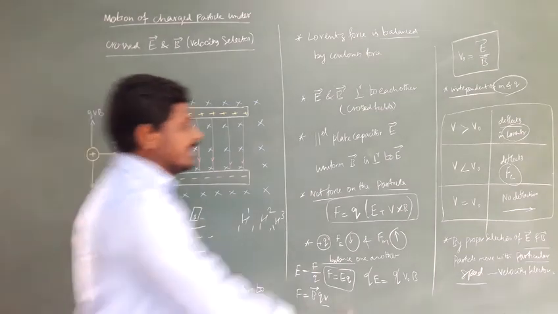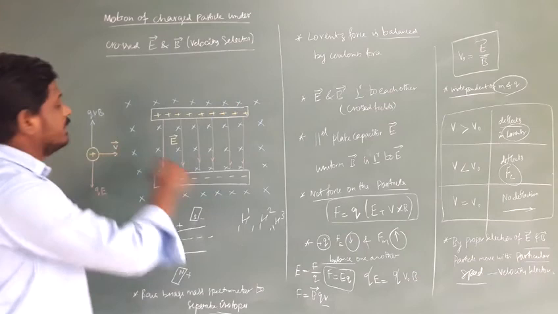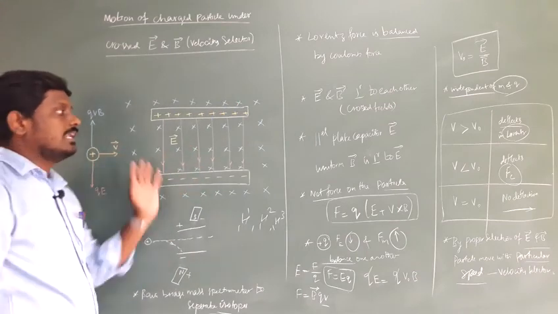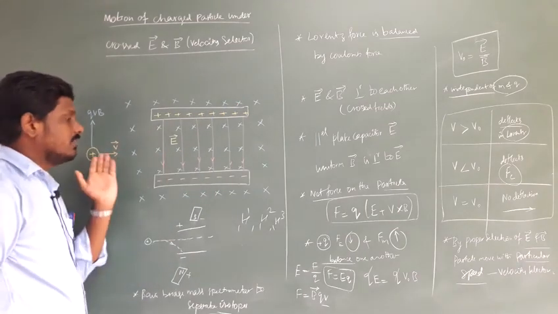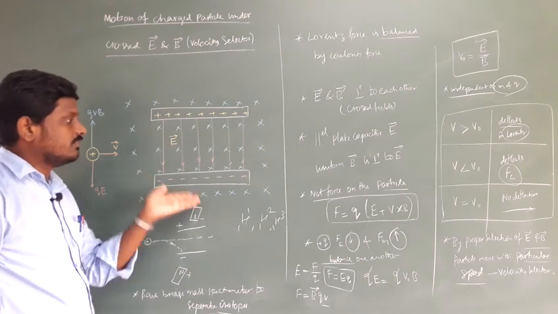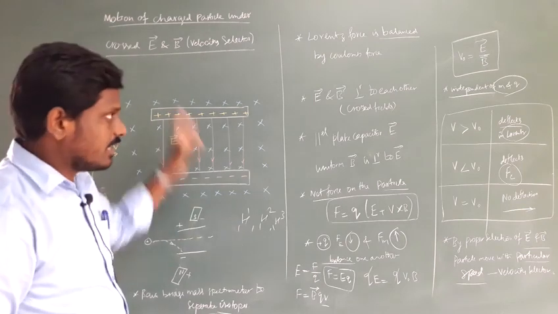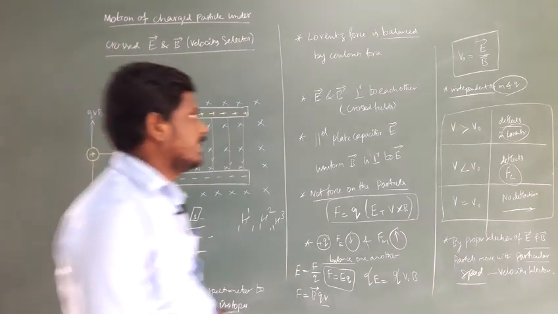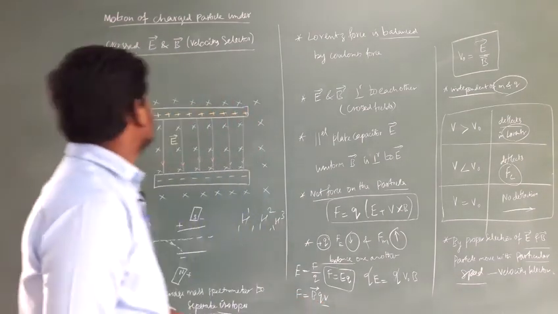So it's a velocity selector. If a charged particle moves in crossed electric and magnetic fields, the velocity is properly fixed by the values of the electric field and magnetic field. So some concept is behind the question. Okay students,